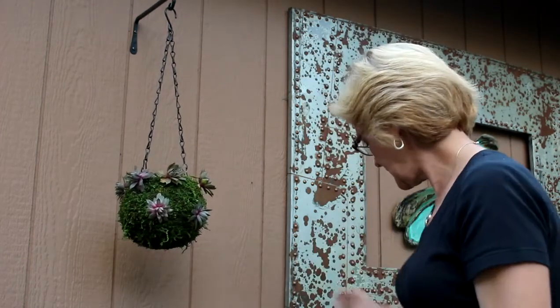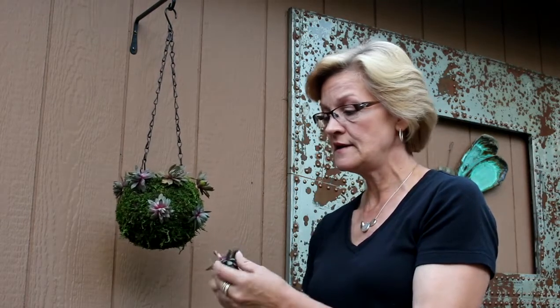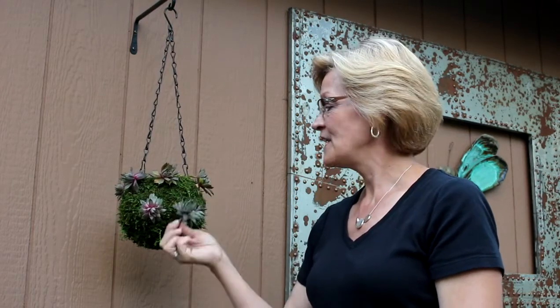So as for the succulent cuttings, I already had existing plants that I cut these from. The best thing to do is to cut them to where you have a small little stem on the outside, and that way you're able to poke them into this moss pot, bowl, whatever you want to call it. In this case, I had my own plants, but you can also order in succulent cuttings, and one of your best sources for that would be